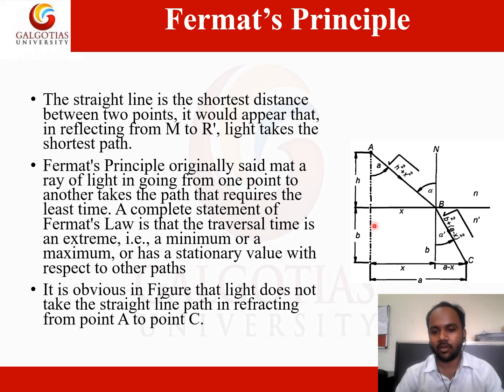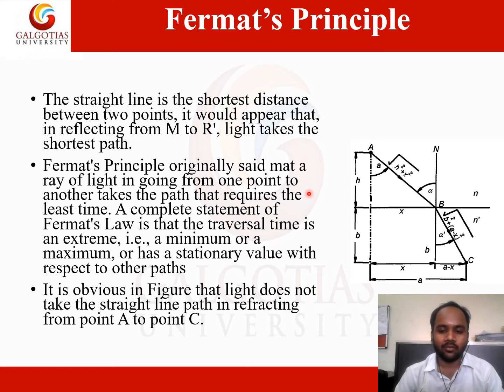When light is traveling from one point to a different point, it may propagate through different refractive indices or different refractive media. So when it is traveling through different refractive indices, it may propagate to different points, and finally it may reach the final point. But as an overall structure, we need to understand from point A to point C. So the amount of distance which is there as a minimum distance, we are going to calculate that distance in Fermat's principle. Fermat's principle originally said that a ray of light going from one point to another point takes a path that requires the least time.